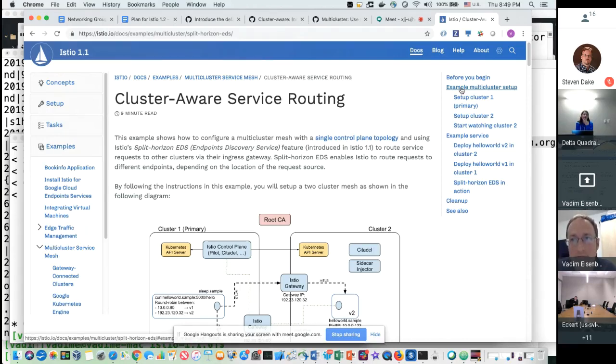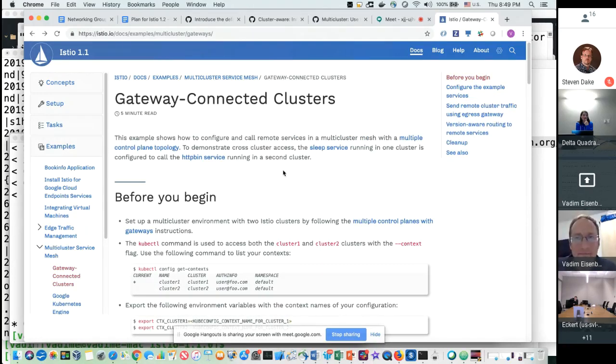So I don't know who can take an action item to try to organize this so that it becomes clearer for users. The first one, maybe just rename the menu. But yeah, let me do it. Gateway connected cluster, federated or something single. I want to say that federated is probably not the right term. It's not entirely clear that you have to have pilot or not have to have pilot. And again, you may have pilot caches. There are all kinds of technologies that are going to make this difference a bit less visible to users.